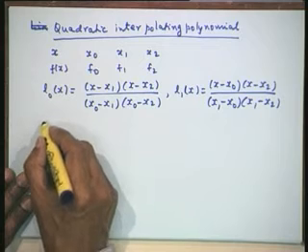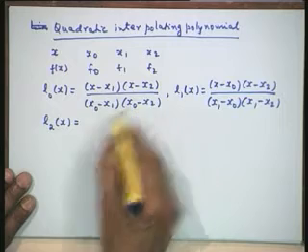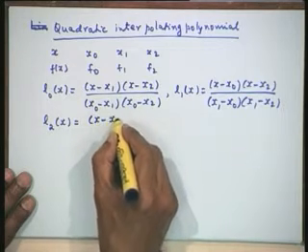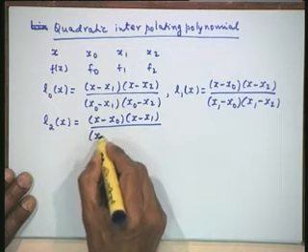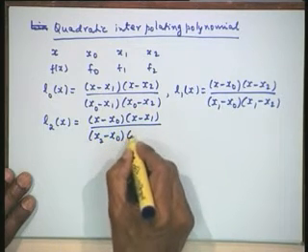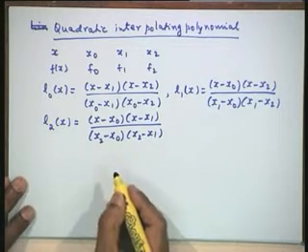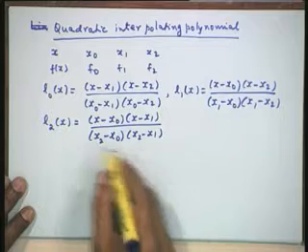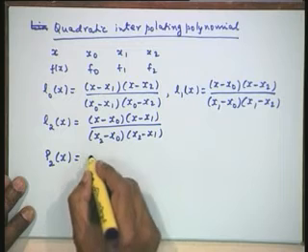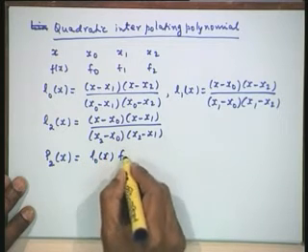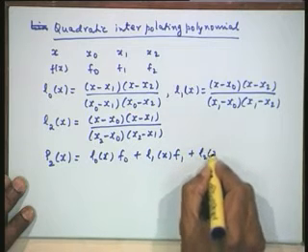And the third fundamental polynomial is L2 x. I skip now the numerator x minus x2. So, I will have x minus x0, x minus x1. I evaluate it at x2, x2 minus x0, x2 minus x1. Once these polynomials are evaluated, I immediately write down the polynomial of degree 2, P2 x is equal to L0 x f0, plus L1 x f1, plus L2 x f2.